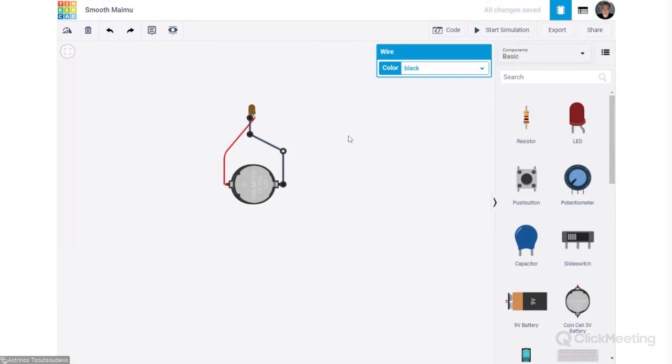Of course, you can choose the colors you like, but I think that at least for positive and negative, red and black will be the best choice you can make. The point where the wires overlap is not a connection point. The only connections are